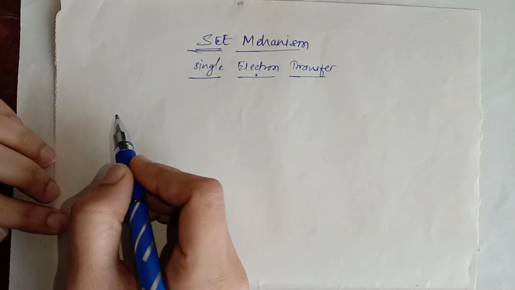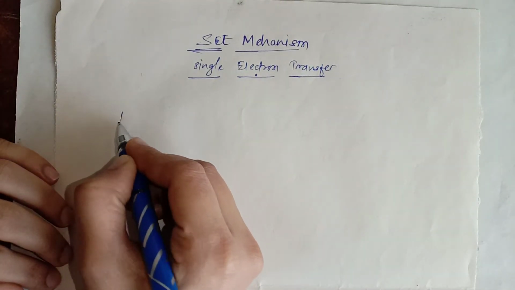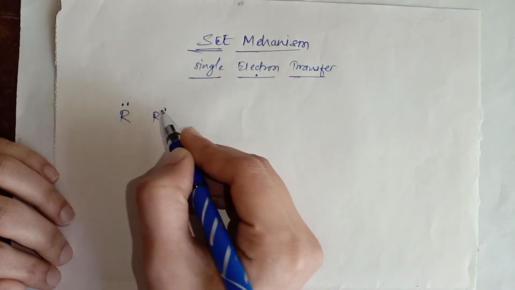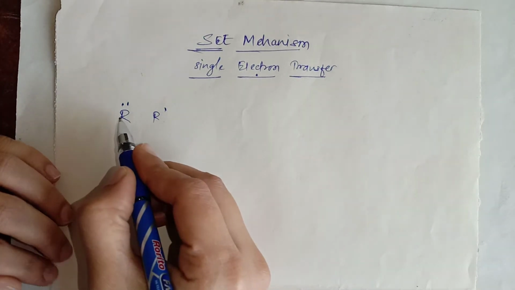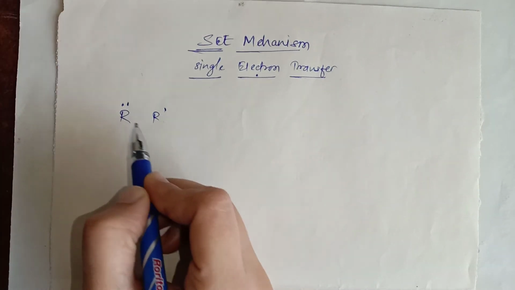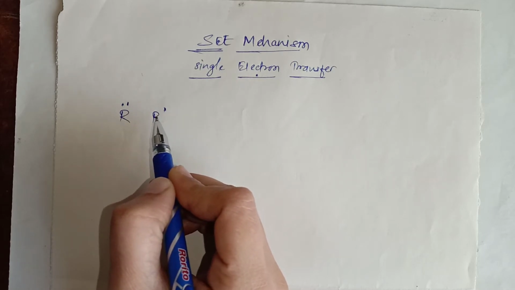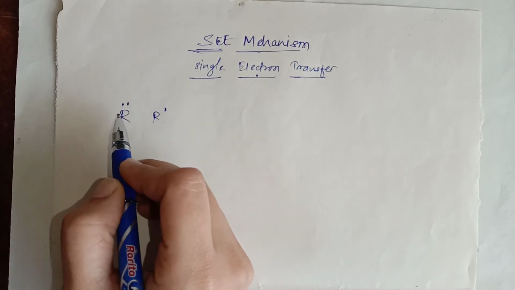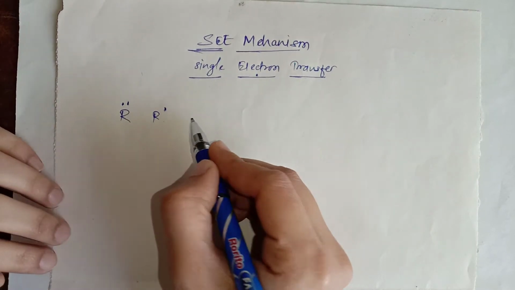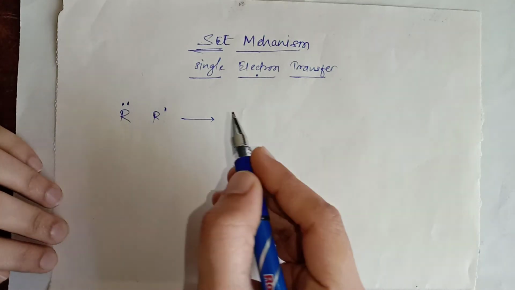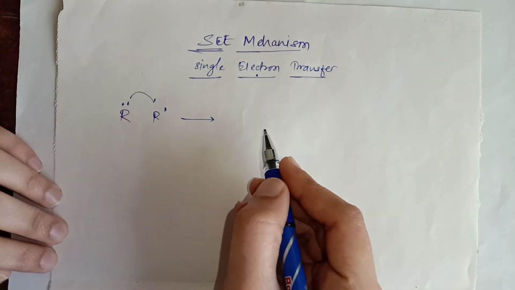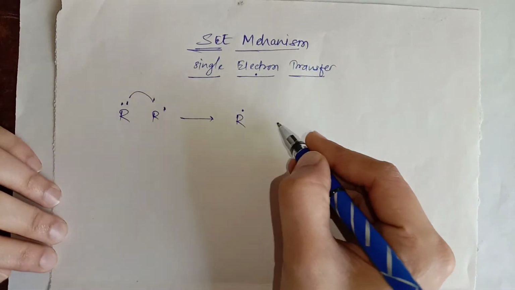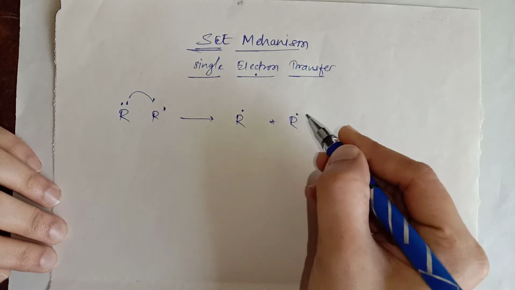Okay, so see, if there is any alkyl or any compound containing a lone pair, or any normal compound, both are neutral, right? This R containing a lone pair of electrons and this R dash, which is a normal compound. So both these species are neutral. But if the species containing a lone pair donates one electron only to this molecule, then you will get one electron on this R and the second electron, meaning the second radical, on this R dash.